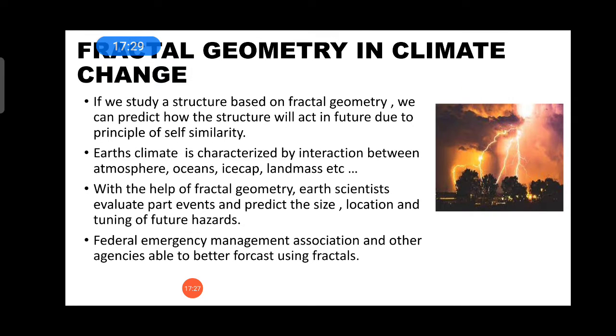Now we can look at how fractal geometry affects climate change. There are many phenomena based on fractal geometry in nature. Climate change is also an application of fractal geometry. If an essential structure in nature is identified and the principles of fractal geometry are applied to decompose it, predictions about how the structure will act in the future can be made because fractals adhere to the mathematical principle of